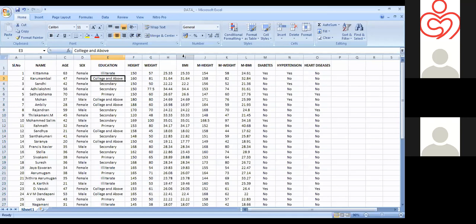While doing data entry for a statistical analysis, this data cleaning and data entry will take more time. Actually, for statistical analysis, we won't need much time, as we know the method of analysis, like what analysis I have to do. If I know that, it won't take much time to do analysis in SPSS. But preparing data for analysis is a big process. We need to do each and everything properly, like the data entry, data cleaning, everything. So I have completed the data entry and data cleaning here, and I'm going to close this.